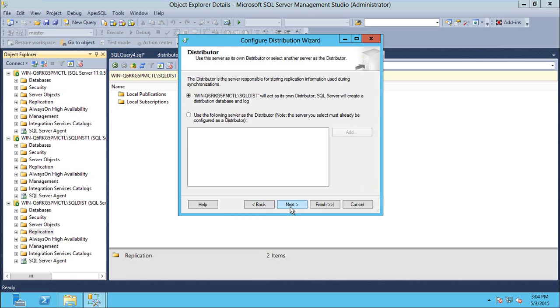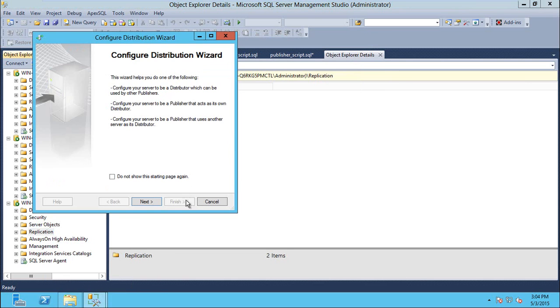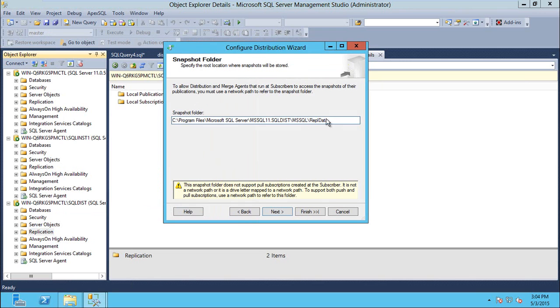Sorry, let's come back. I'm going to cancel and come back from the beginning. This is the folder where the snapshot files are going to be created. If you take a look at this path, this is the instance SQL 11.SQL dist